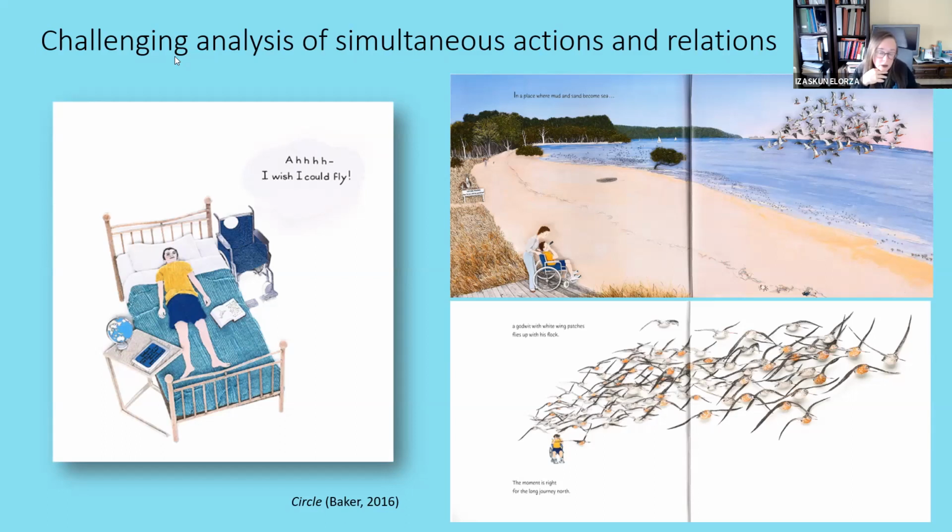And something which is also interesting is that we are not very sure which of those birds the verbal information is referring to, because this is represented as one specimen in this group of different birds. So it's the flock, constructed as such. So we have simultaneity of actions and at the same time simultaneity of relations, and we have to make our decision as well.